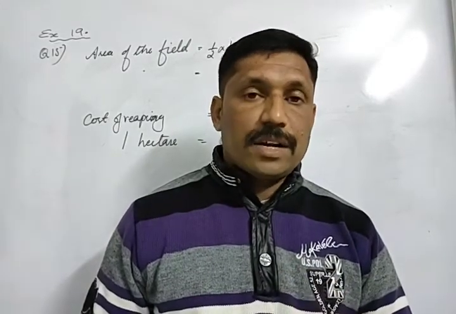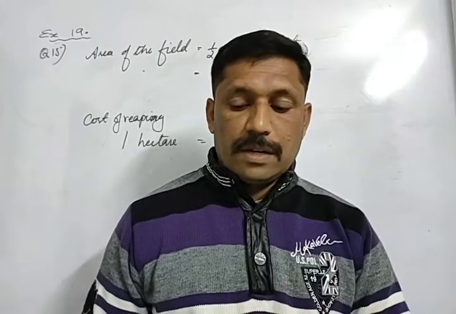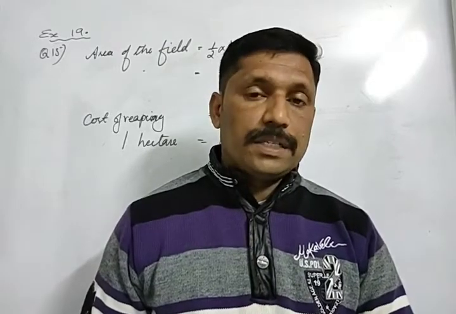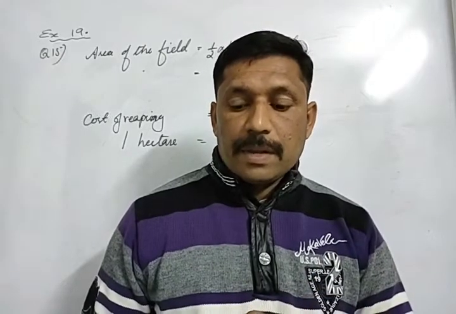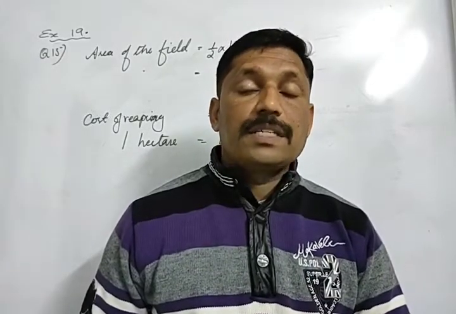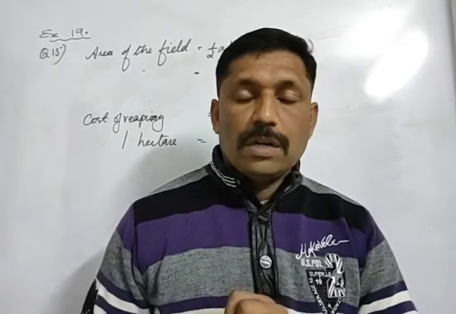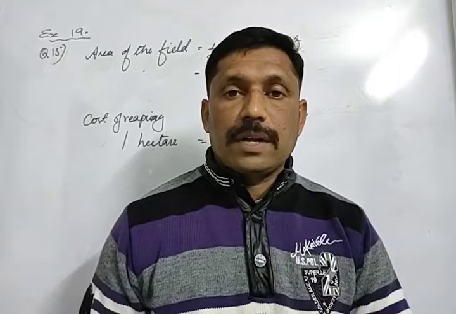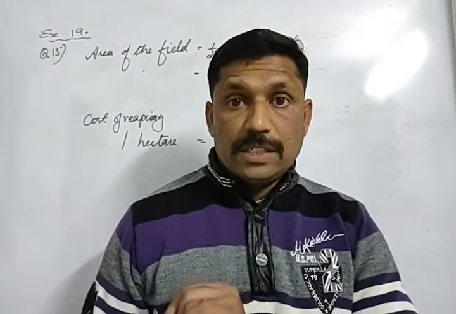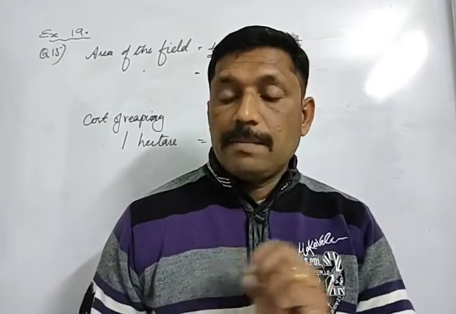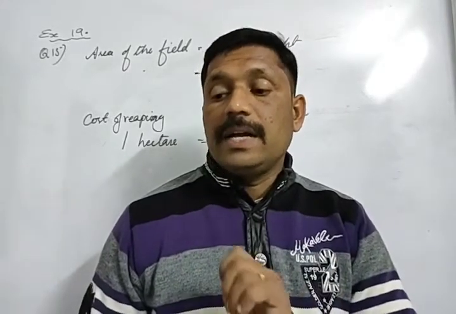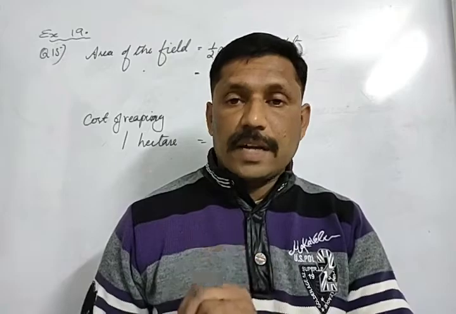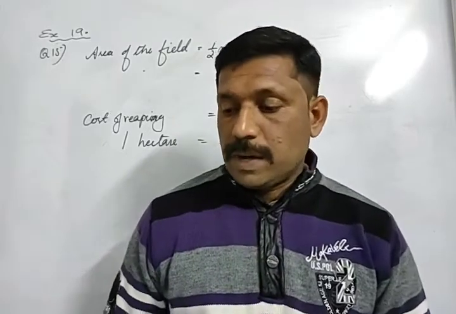2500 per hectare. 1 hectare, 2500 rupees. But we have calculated the area in meter square. Then 1 hectare means how many meter square? That you should know. Students, 1 hectare is equal to 10,000 meter square. Then how many hectare is that field? That meter square we have to convert to hectare by dividing the area by 10,000. Then we get that in hectare. Then multiply by cost per unit.